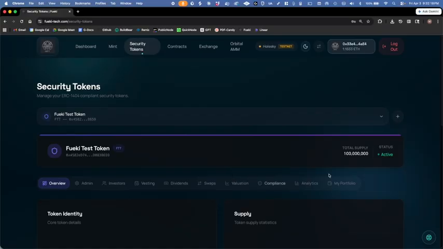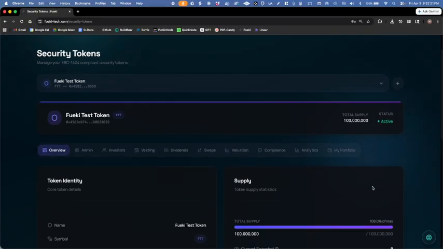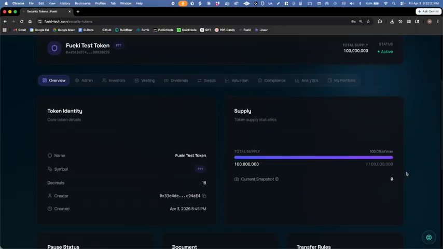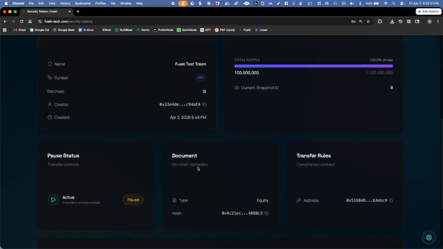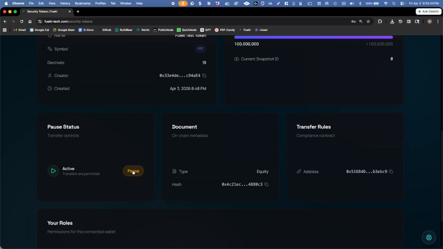So we go into the security token center. Here is a dashboard that allows you to see, at a global view, all of the related functions and sections that are involved with this. It's pretty comprehensive. This is the home page of the security token dashboard. We have the current supply, all the token details, the name, symbol, decimals, all of that fun stuff. We have the ability to globally pause or freeze the token supply. So this would stop all trading or any kind of transfers or any movement of the tokens